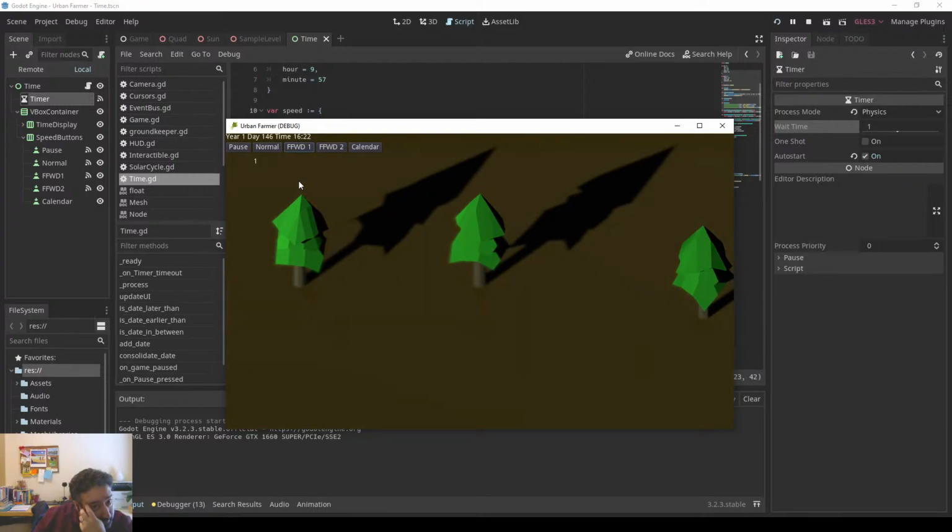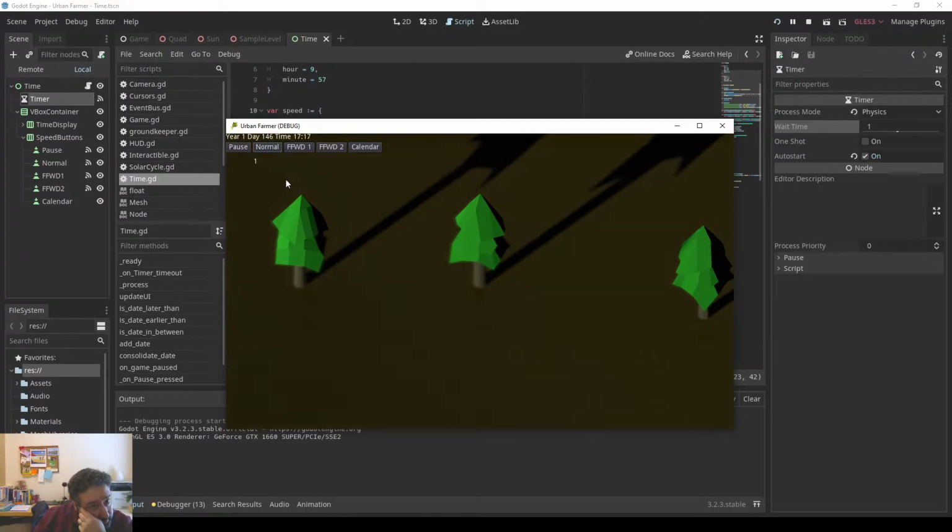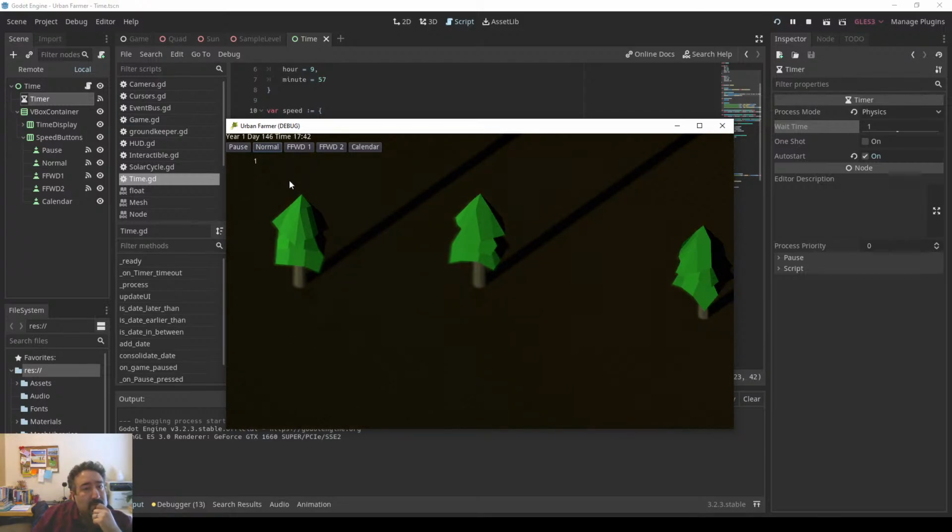15 at a time. 22, 37, 52. Good. Back to normal. That is good. When we do pause, it would be nice to have the speed buttons resume the game as well. So from pause state, if you click the normal button, not only should we